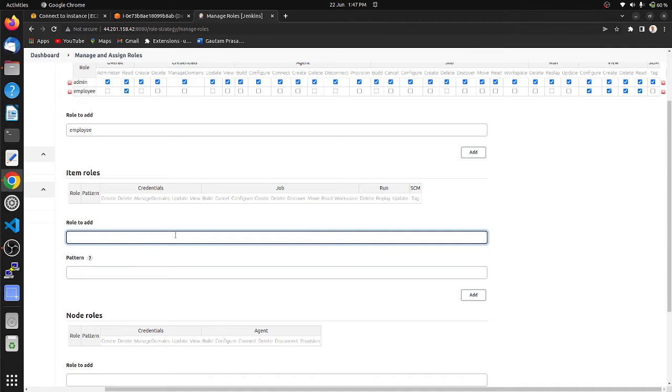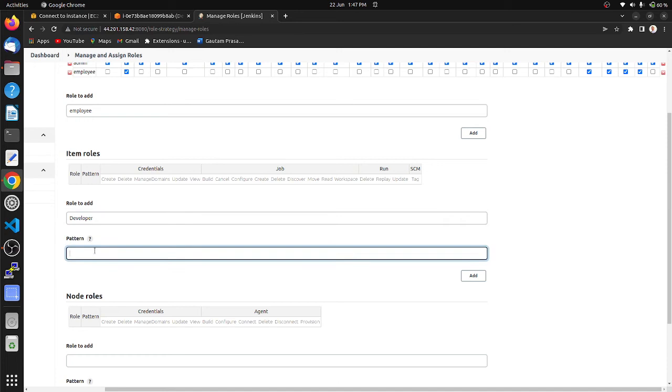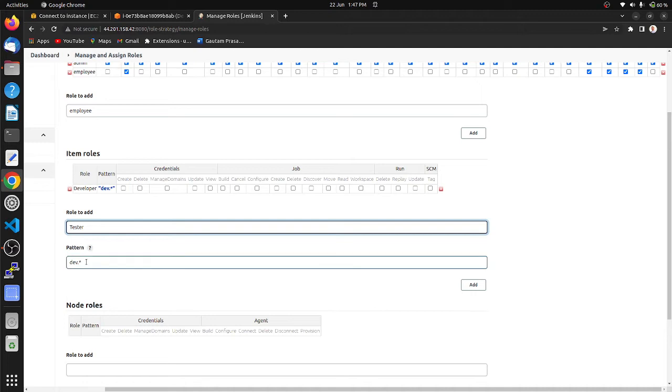And for the role to add, I am adding the role as developer and providing the pattern as dv.*, and edit. In the same way, tester, and the pattern will be test.*